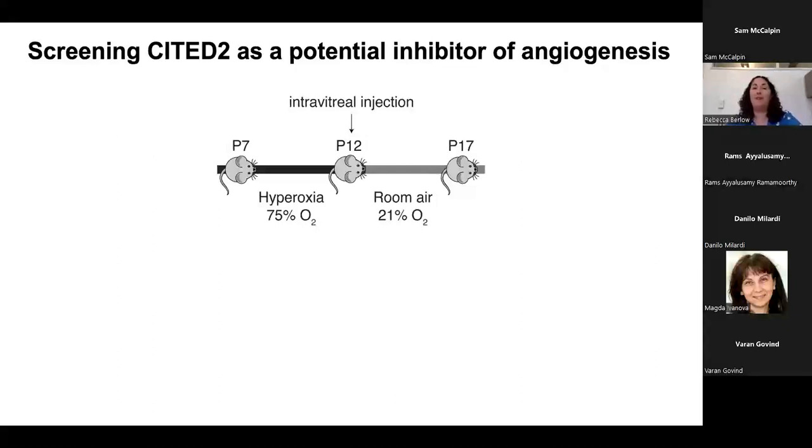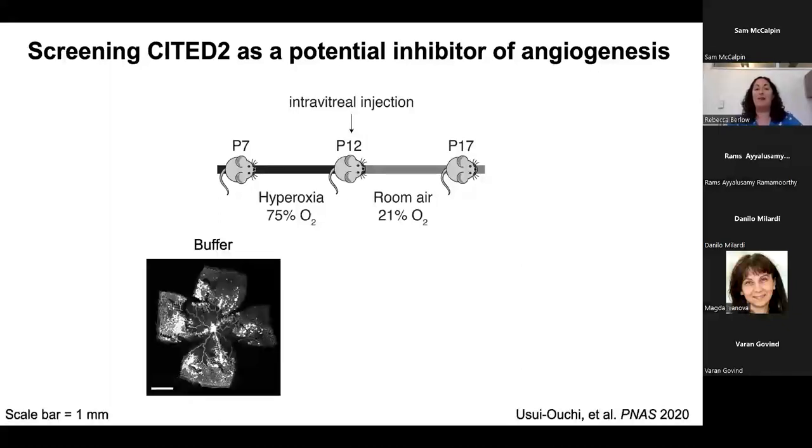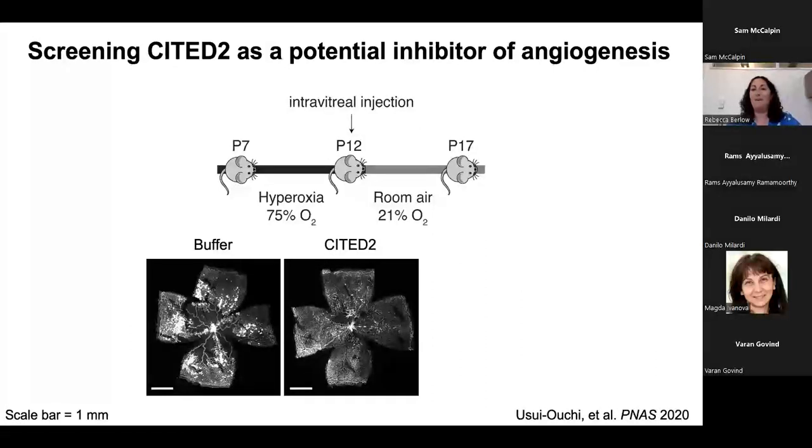And so we were really interested if we could use this model to understand how CITED2 might be interfering with HIF activity in the retina. And so, of course, we started with our buffer control. This is simply our vehicle control where we see the characteristic phenotype. And then we treated the mouse using the same protocol with the CITED2 peptide. And what we were able to observe is that we see near normal vascular patterning of the retinal vessels after treatment with CITED2, which is allowing us to determine that CITED2 is actually very effectively competing with HIF-1 alpha in this model. And then our collaborators suggested that we needed a negative control. And we did these experiments many years ago.